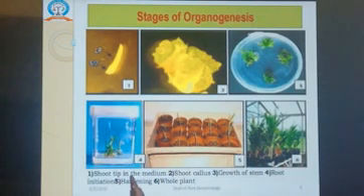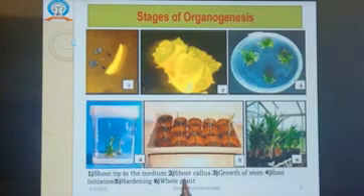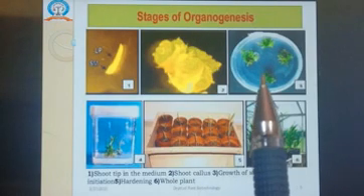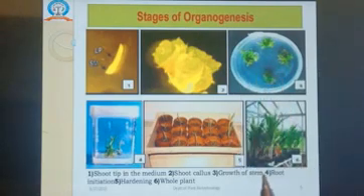This is the shoot tip in the medium. You can see the shoot tip, the first shoot callus, then third is the shoot or stem. You can see here all the green shoots occur inside the medium. Then the roots, the roots occur inside the medium. Then